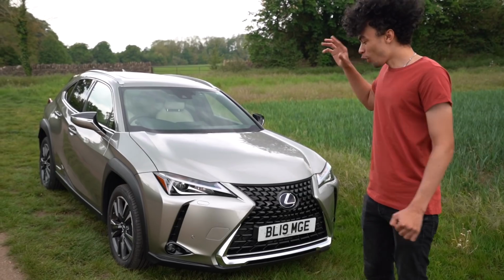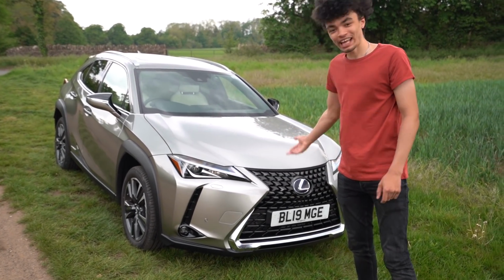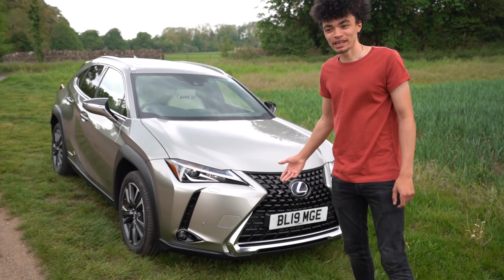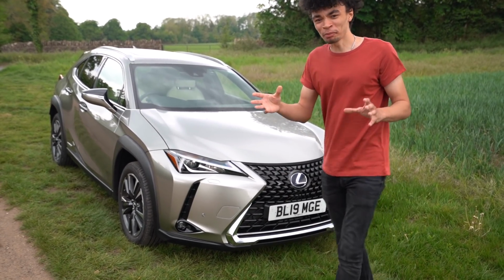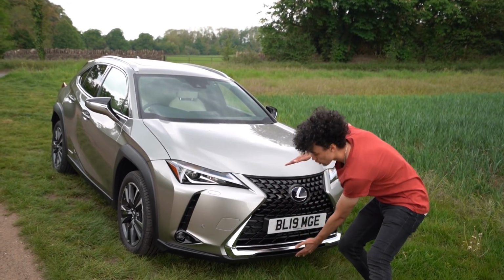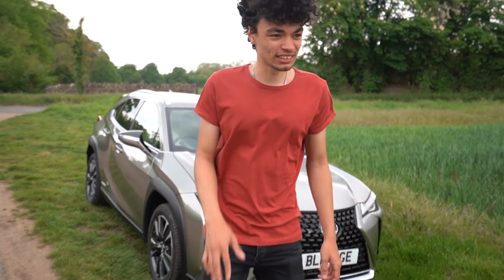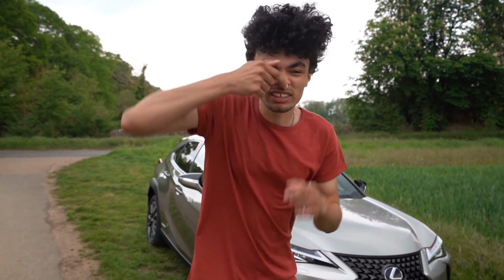Not always massively being into the massive front grille thing, but it's kind of part of Lexus now to me, and I like it on Lexus. The BMW one, the big nose, no. But it's like this though, like Aston Martin, I think it's quite nice. But when it's just the nose, it's like...